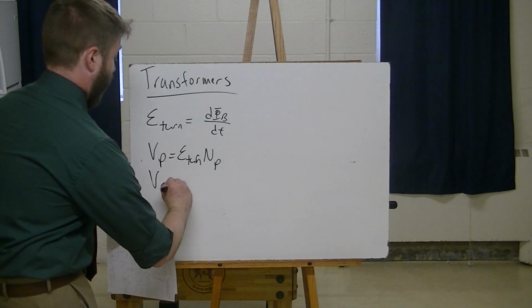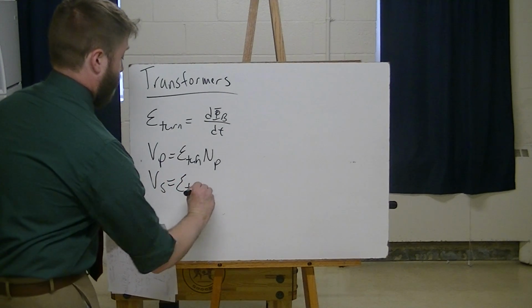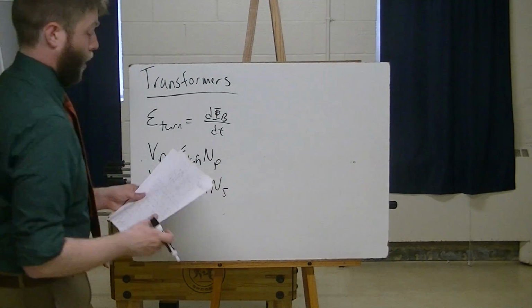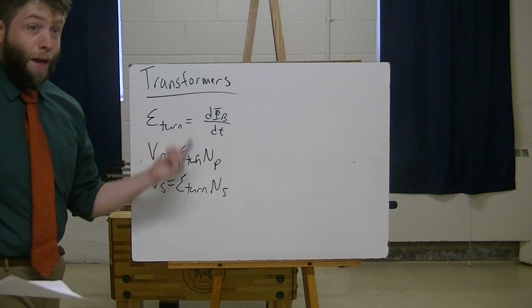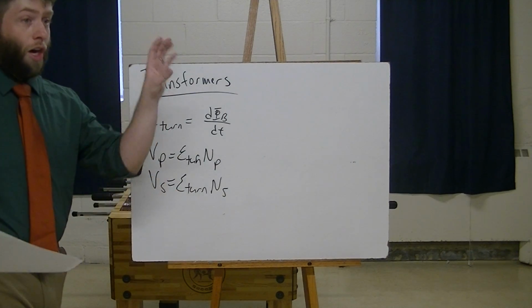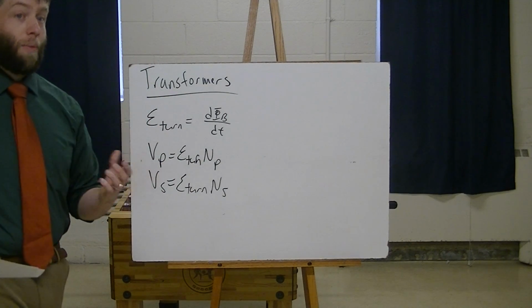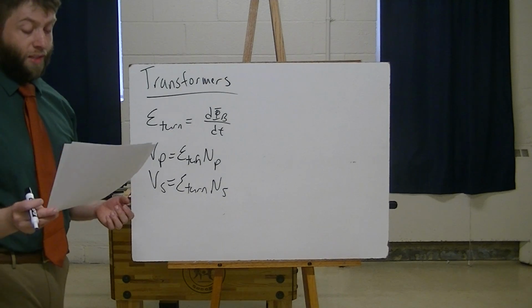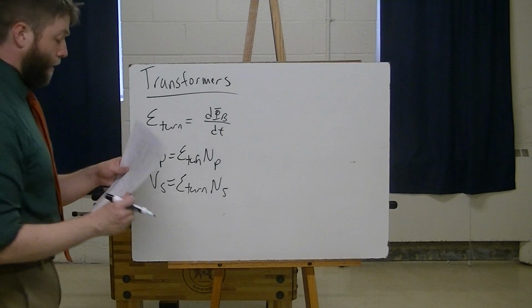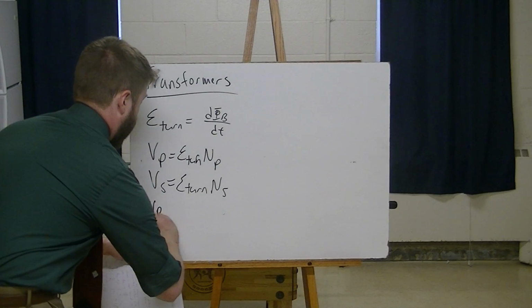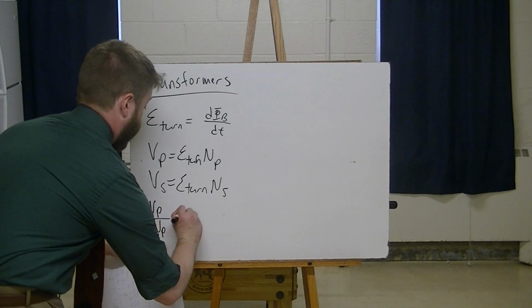The voltage of the secondary wire is equal to the EMF per turn multiplied by the number of turns of the secondary wire. Thankfully, both of these EMFs are the same. We use a hunk of metal between the two inductors to make sure that EMF is the same. If that is true, then V primary over N primary is equal to